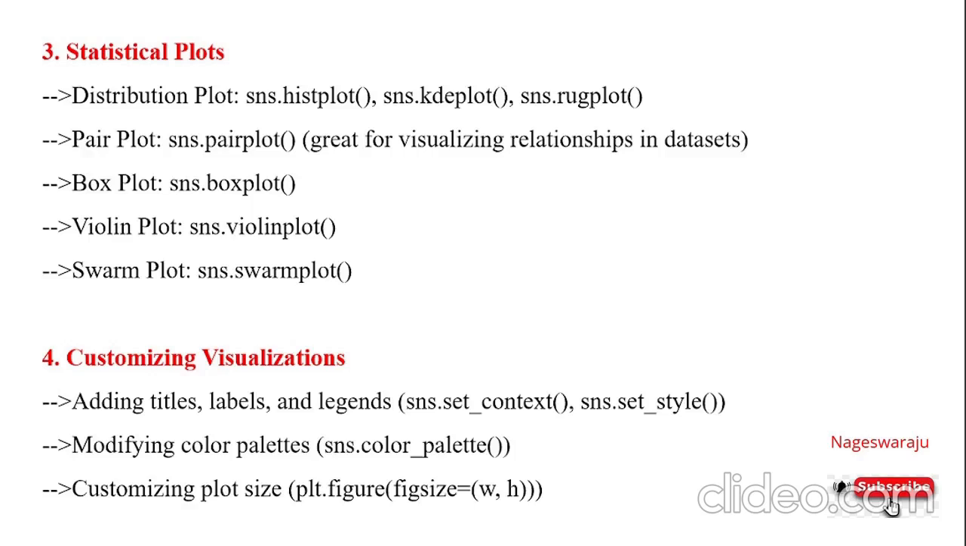Okay. Next, pair plot. Pair means we need to pair the data. The data should be paired. This visualizes the data in a different manner. Next, box plot. Box plot means we need to use statistical operations: mean, mode, median, and standard deviation. By using these statistical operations, we can draw the box plot. Next,